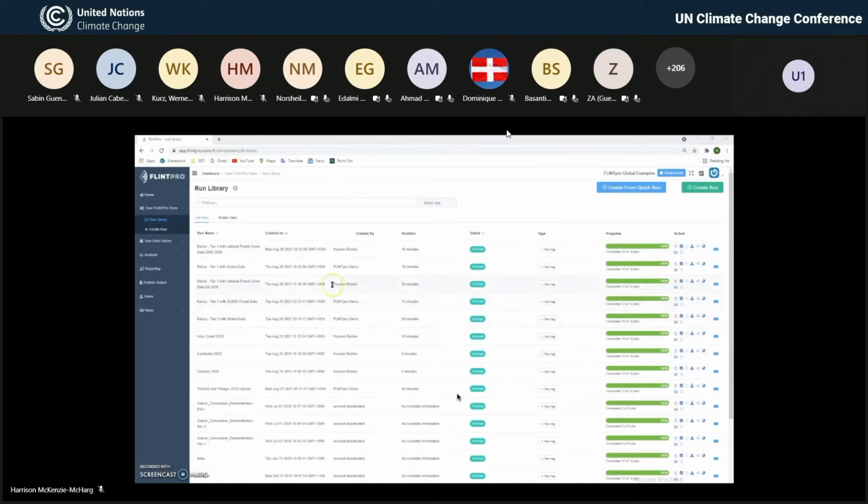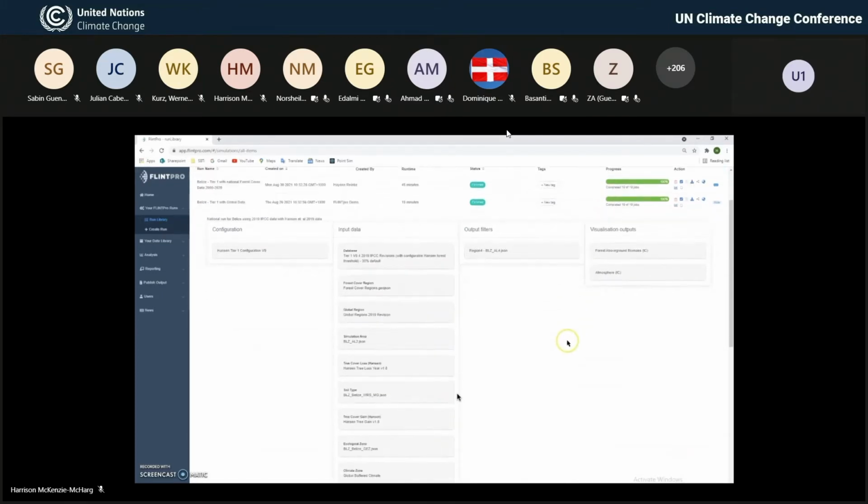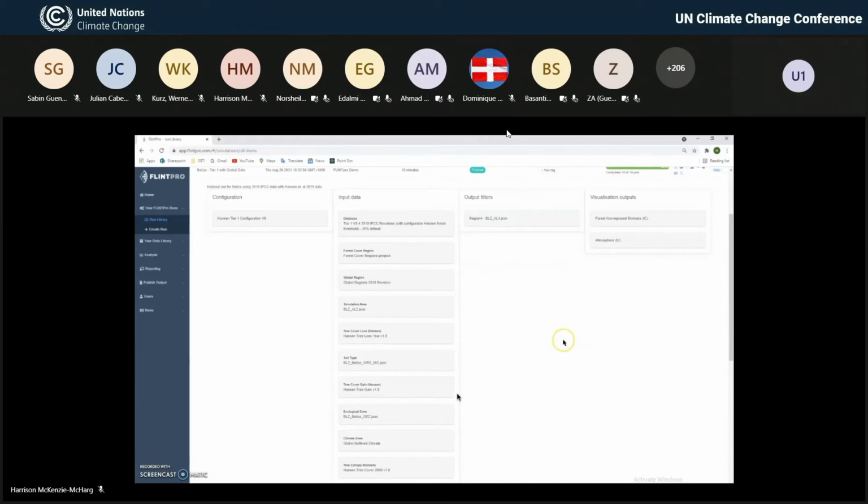For Belize, we can see that there's a few runs here at the top. First, we'll look at the tier 1 run that was created with the data I showed earlier. So if we use this drop down on the right hand side, we can see a summary of the data sets that we used in this simulation. Over here on the left hand side, you can see it's got the configuration, and that's the Hansen tier 1 configuration. So that's a tier 1 configuration that is available for the entire world,